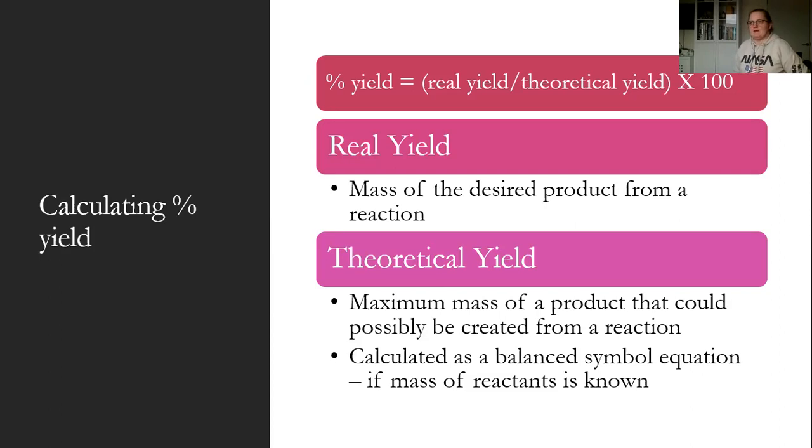That means I'll have this many moles in the end. You can convert that into a mass. So if we had a set amount and we know what we're working with, we can calculate from a balanced symbol equation a mass of our product, sorry, from the given mass of reactants